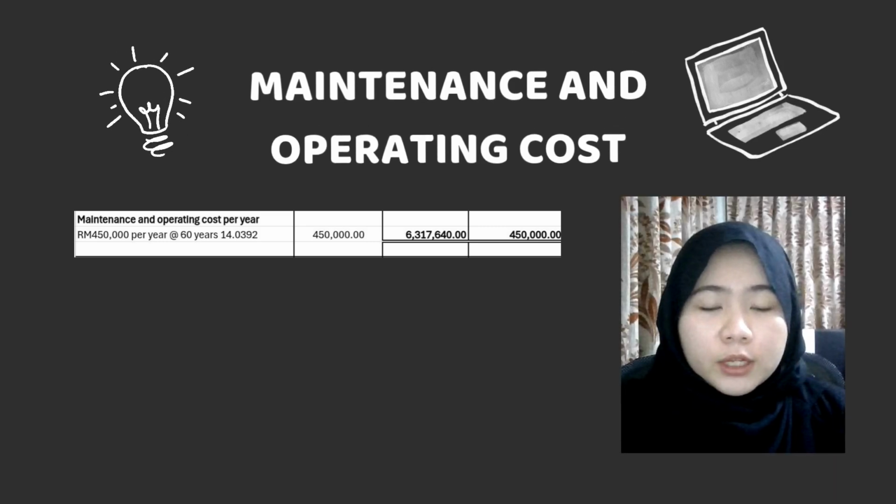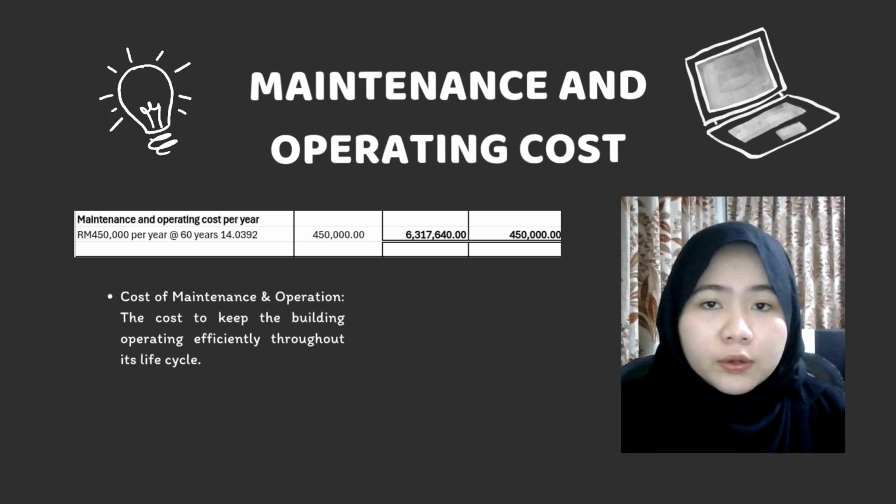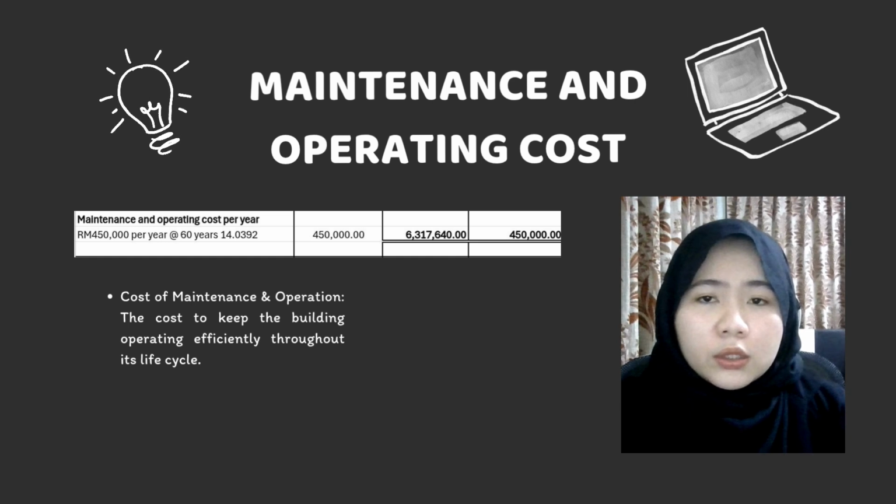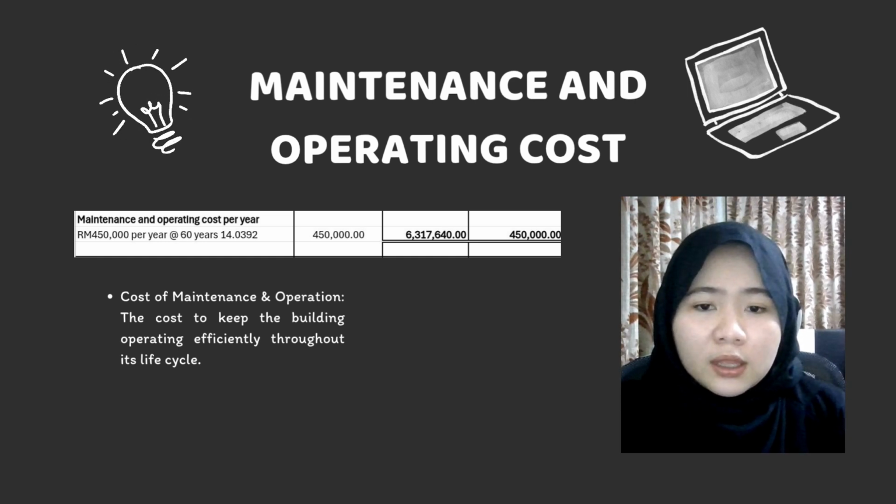For this part, I will explain the maintenance and operating cost calculation. Cost of maintenance and operation means the cost to keep the building operating efficiently throughout its life cycle. So the maintenance and operating cost is RM 450,000 per year with an economic lifespan of 60 years and a 7% interest rate. By using the year's purchase factor of 14.0392, the total present value is calculated as